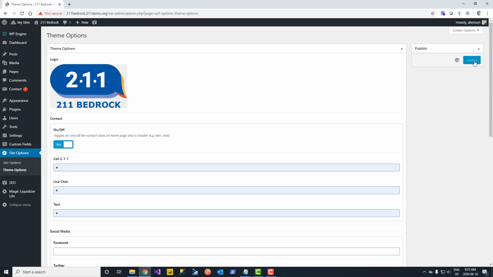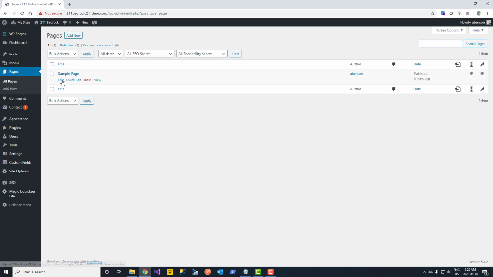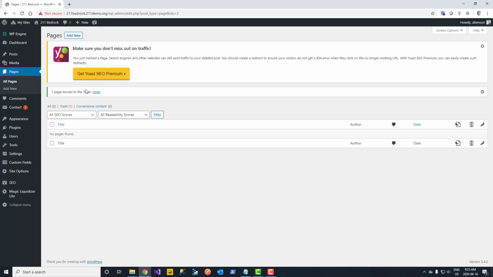Let's go ahead and create the theme option values. Now we have that. The next step, so we've configured our site at this point, now we have to start creating some pages for the site. So let's go ahead and we will get rid of the sample page, and we'll come up here and